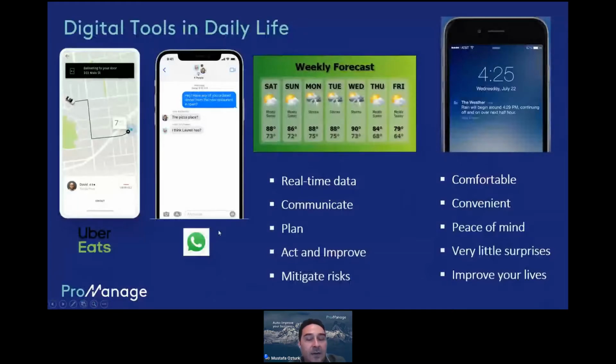So actually, today we use a lot of digital tools in our daily lives. Here are some examples. For example, we use Uber Eats to order food from any restaurant that we like. We use chat applications like WhatsApp, where we can chat with our friends and family in groups. And we use weather forecasting applications, and we get alerts from them, like if there's rain or thunderstorms, we get